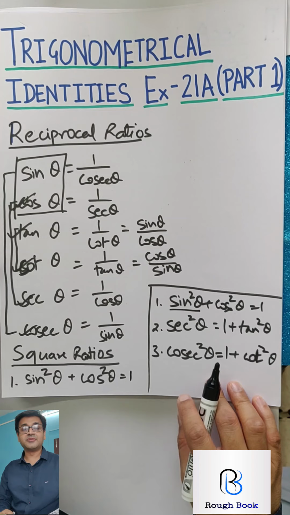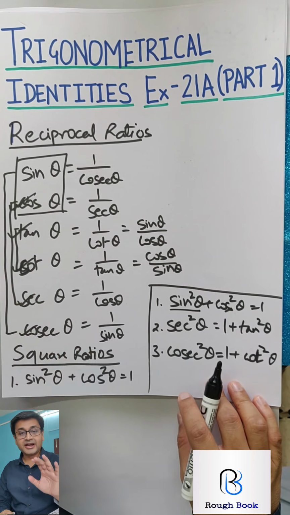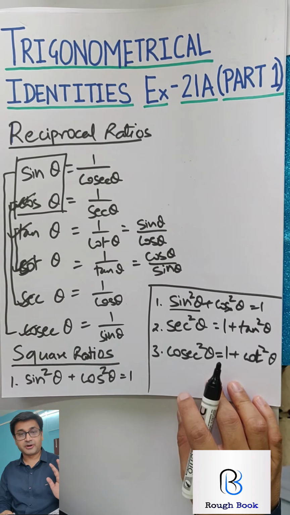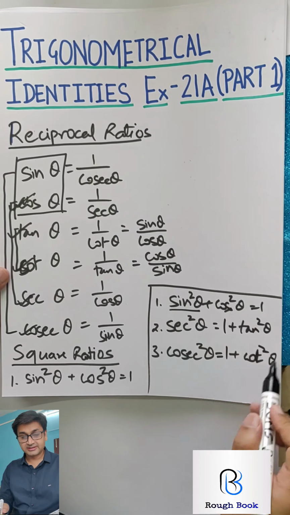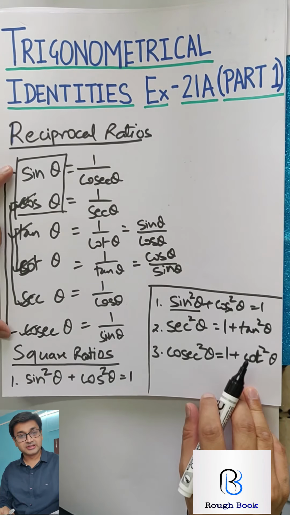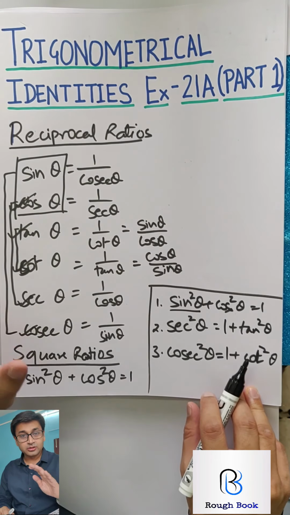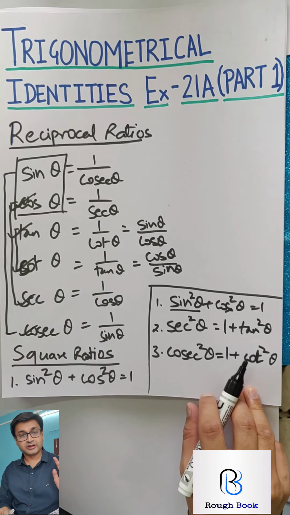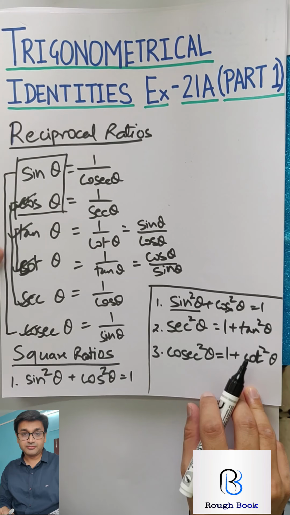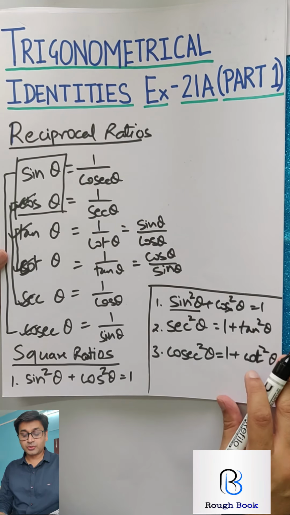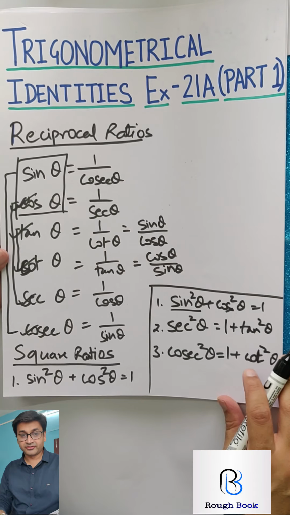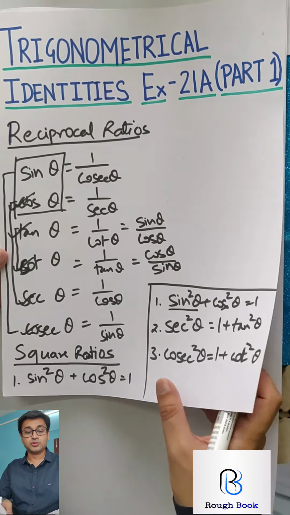So the main target is basically to prove the identities using any of these parts. Moment you see square in your identity, use this. If you don't see square, use this. If you don't see anything, you get no clue, convert everything to sine cos. This chart is very important. Take a picture of this and put it on your softboard. So whenever you want to refer to it, it becomes very simple and then you can go ahead smoothly.